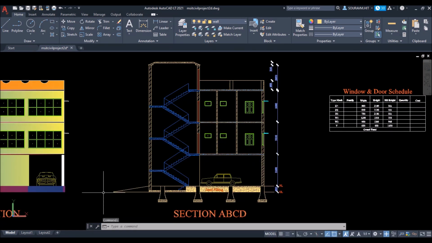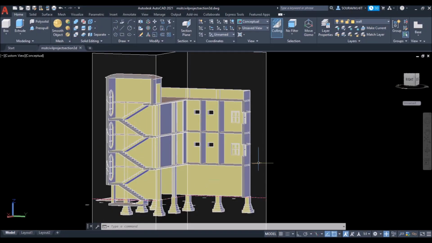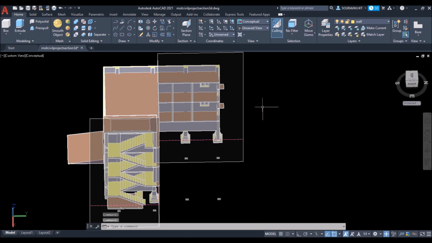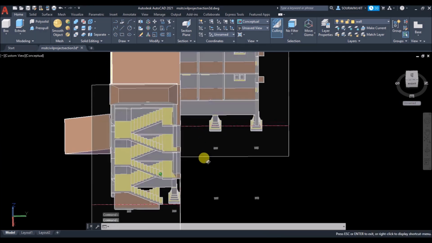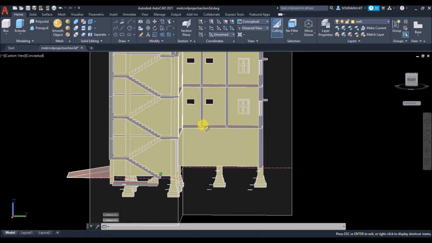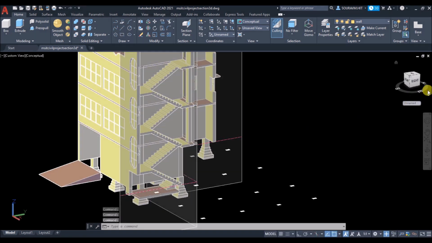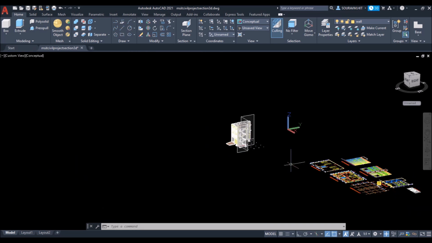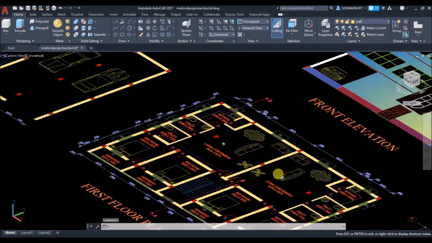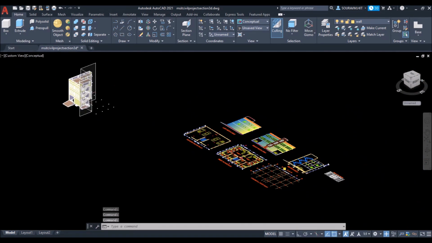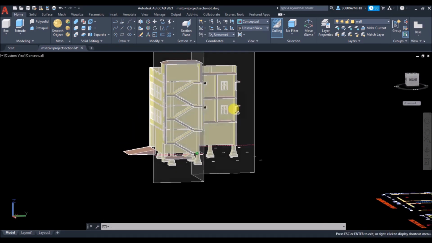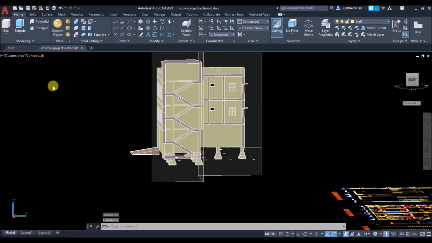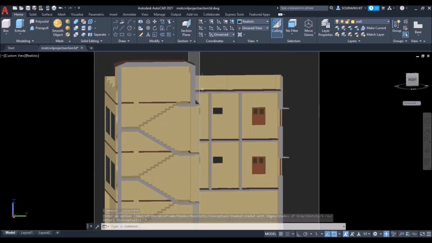So this is the section drawing we will draw, and this is the 3D model actually, which I have cut with respect to the ABCD plane so that you guys get a fair idea of what we are creating. This is the east direction where we are standing and we are looking towards west. So you have to draw accordingly, imagining that way. I'll orbit the 3D model a bit so that you all get the 3D visualization of the 3D house.